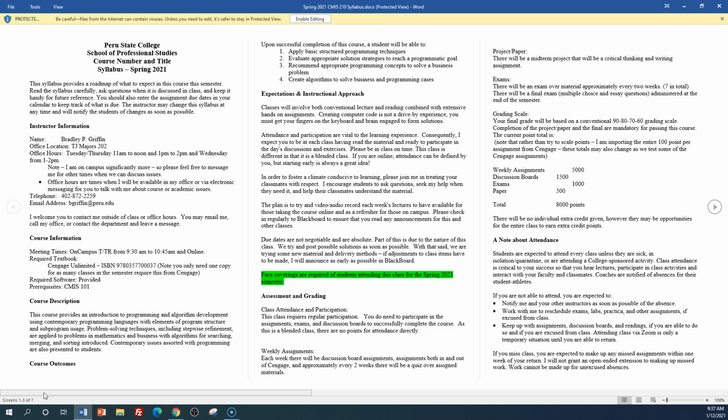So my office is actually right next door to the computer lab if you're here on campus, TJ Majors 202. And as most of you know, we post these office hours, and we're generally here a significant amount of time in addition. On top of these office hours and other things, if you email and try to request either a virtual or on campus or phone meeting, we will try to accommodate that as much as possible. I will even try to accommodate evening requests if possible. I have a 9 and a 10-year-old, and sometimes that precludes that, but we will try to do what we can. My phone number,